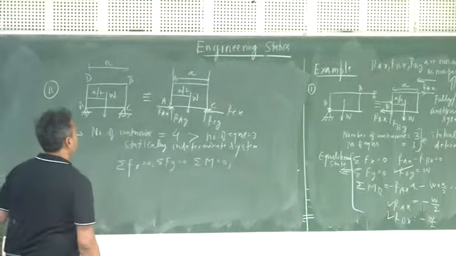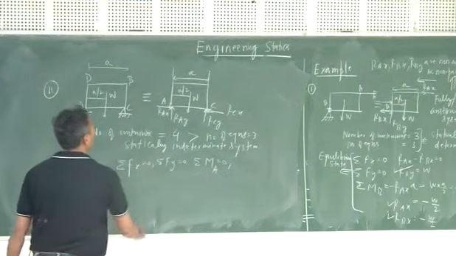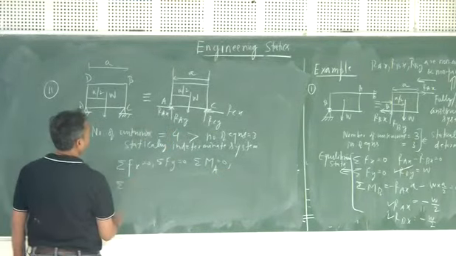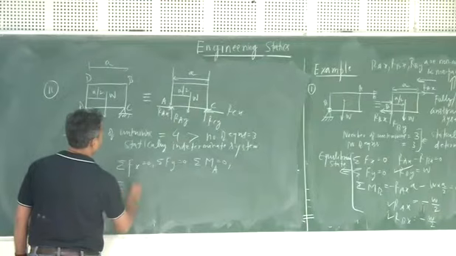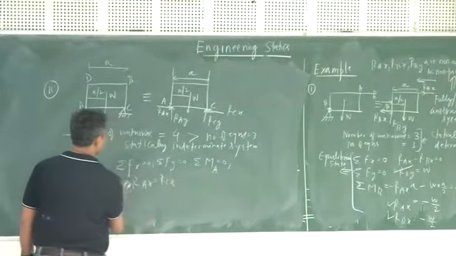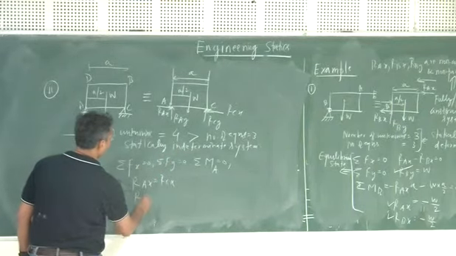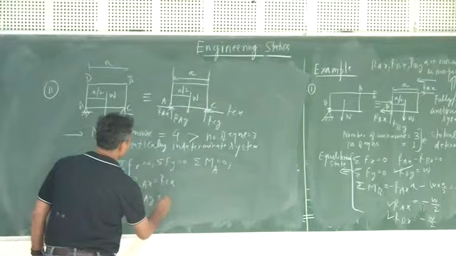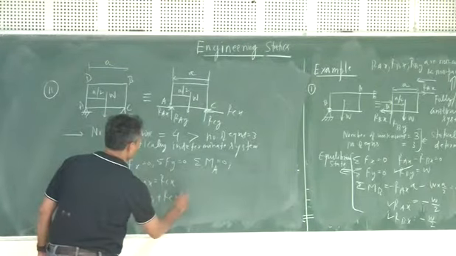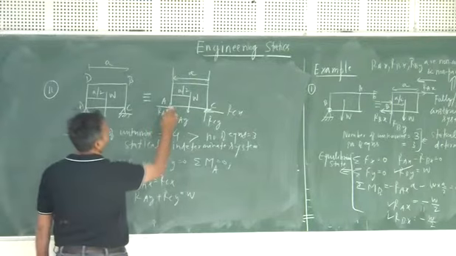Okay, so let us say you can take it as A. So summation of Fx will give you RAx is equal to RCx, right? Summation of this one will give you RAy plus RCy is equal to W, and summation of moment about this particular